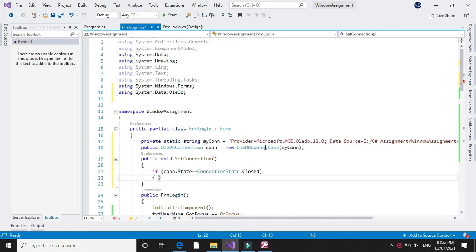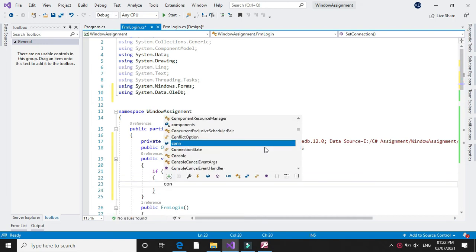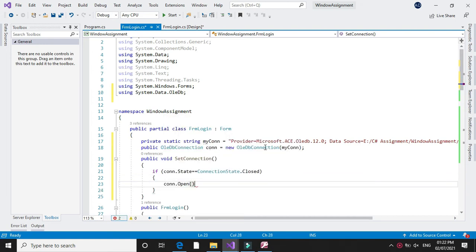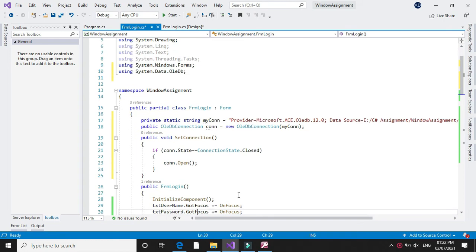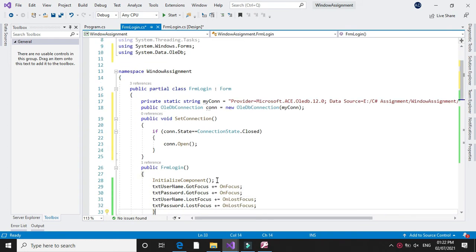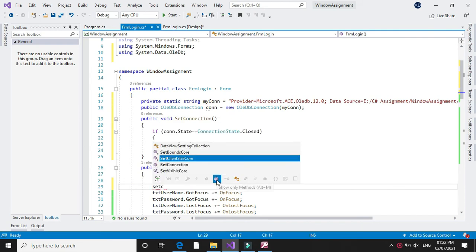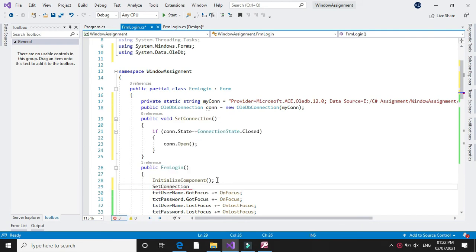That is, if the connection state is closed, then open the connection. And after initialize component I will call this method SetConnection. So whenever you execute the form, the connection is made to the database.